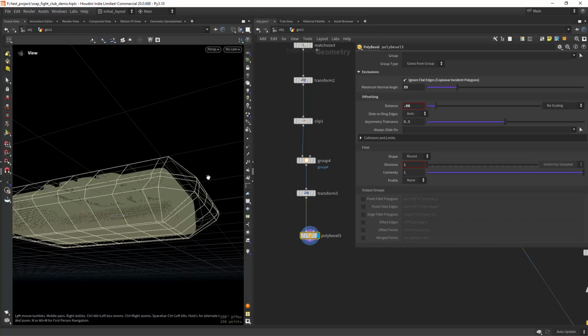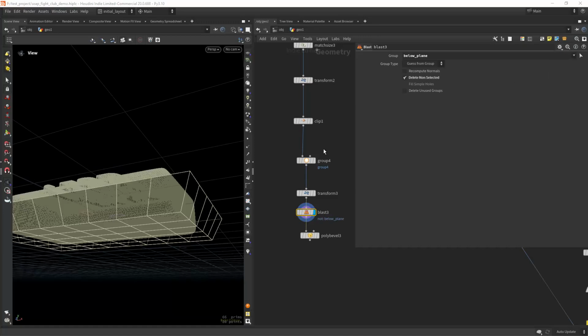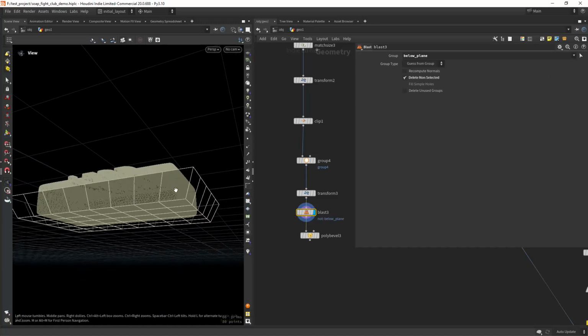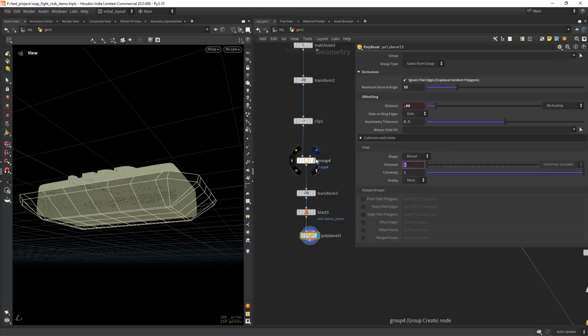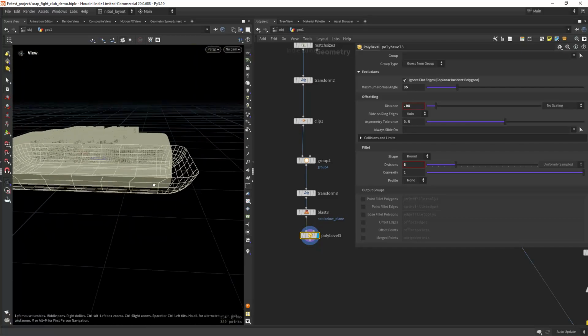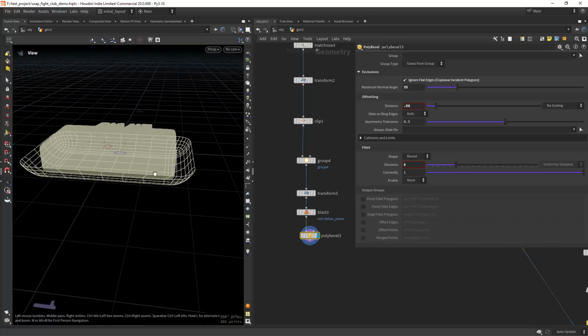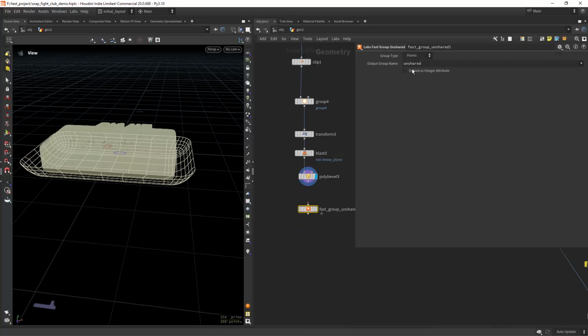So let's say we want to bevel now this bottom, so 0.08, and let me see, oh, we need to blast, and we will blast the below, the top I mean, and now we can bevel it, and we will enter 6 divisions, so we have something like this. And let's group the unshared edges,